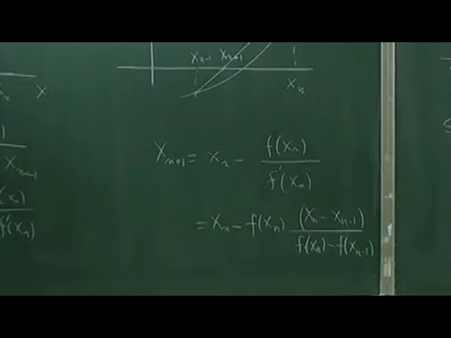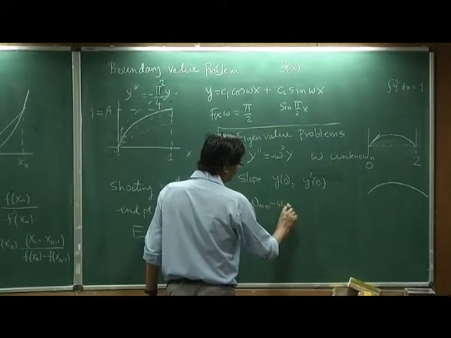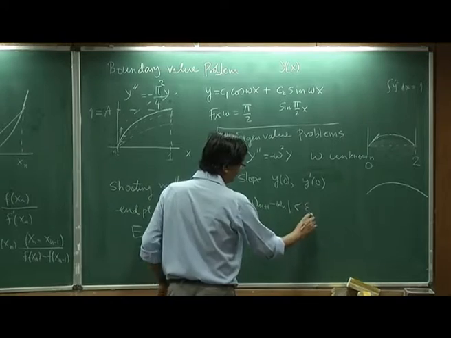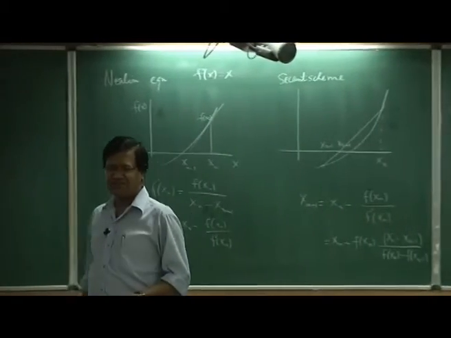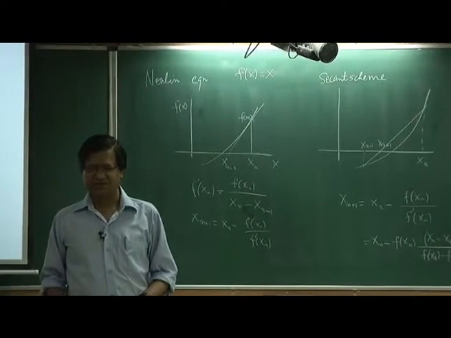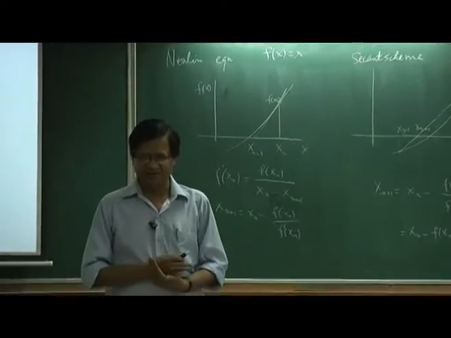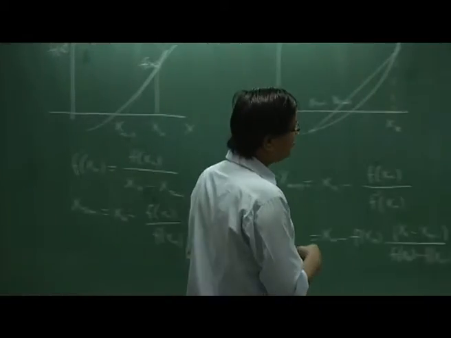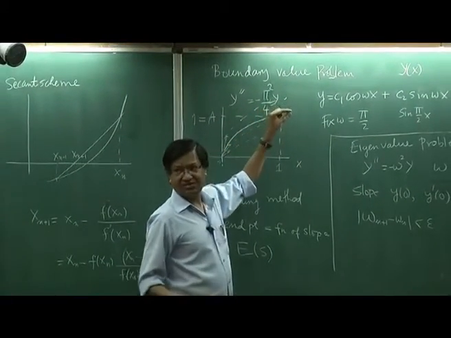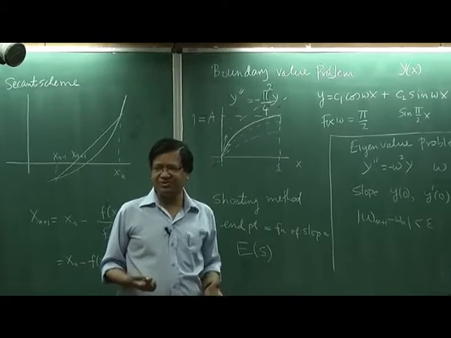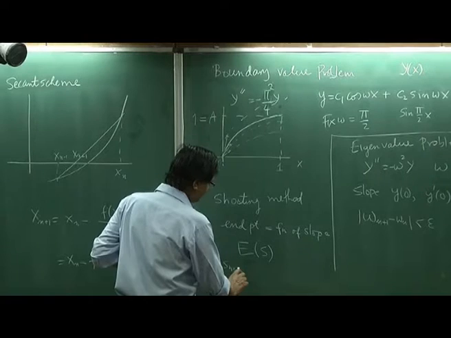You can choose the condition that the difference between omega n plus 1 and omega n is less than epsilon, the tolerance. What should the epsilon be? 10 power minus 6 is okay, depends on your requirement. For this course 10 power minus 6 is very good. So this is how we converge. Here I look at the endpoint, if it reaches within epsilon I am okay, or for an iterative procedure we do not look at the endpoint, we normally look at the slopes S n plus 1.